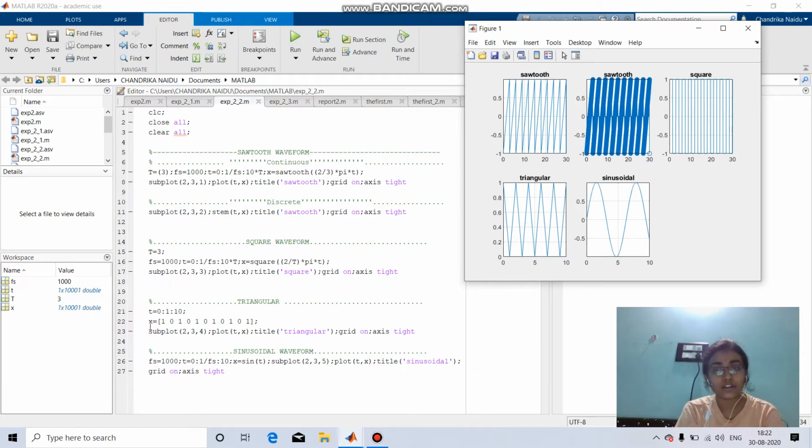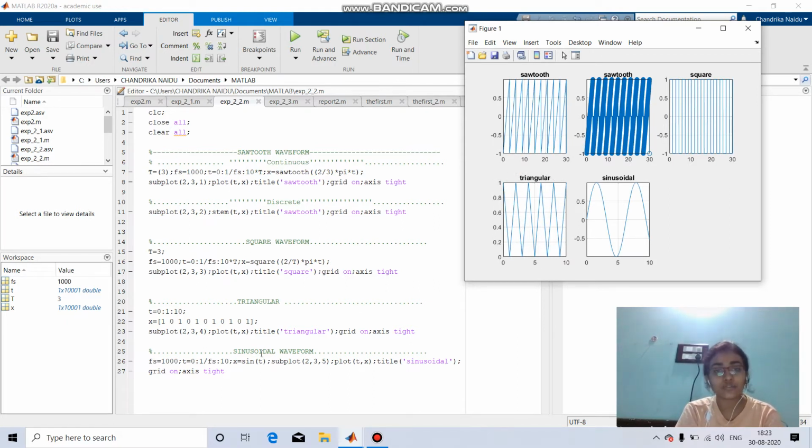So now for the respective outputs, you have to take any two fixed numbers, like I have taken 1 and 0, and give them 11 times. So 1 0 1 0 1 0 1 0. I have made altogether 11 numbers. For each number it is going to be the numbers alternatively. So we are going to get a triangular waveform here.